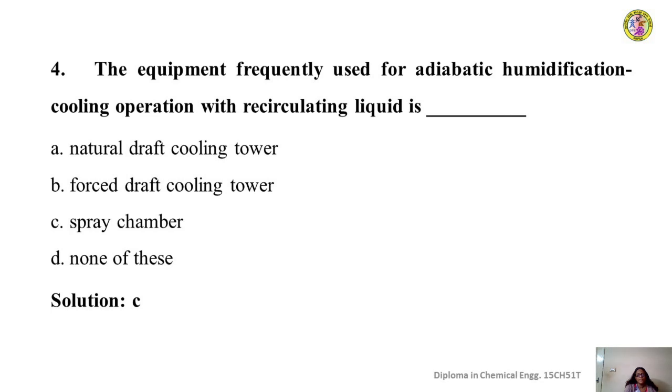The spray chamber can be designed to carry out an adiabatic operation, where the sample of air can be given a required degree of humidification or dehumidification under carefully controlled conditions. So option C is the right answer for the given question.